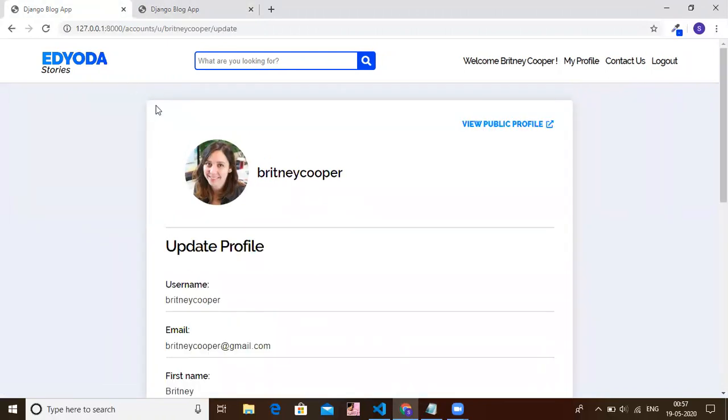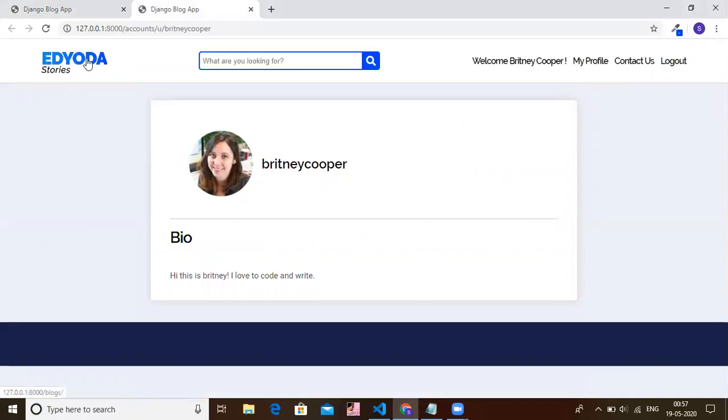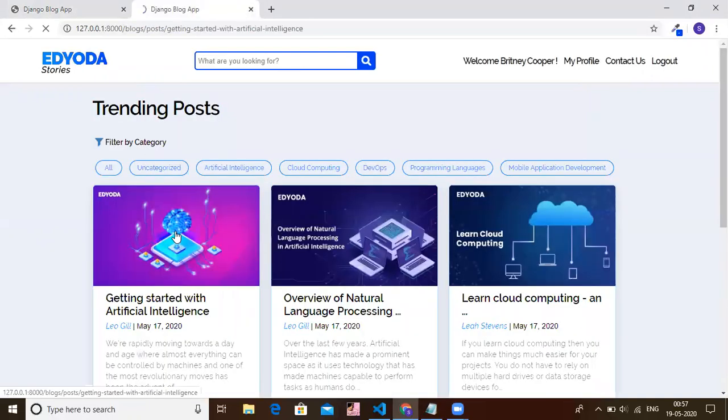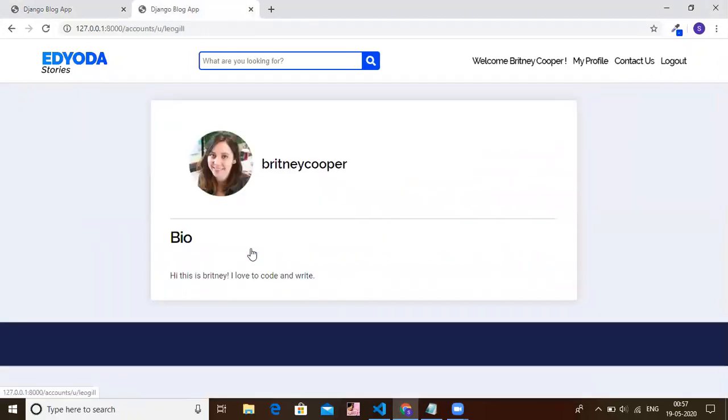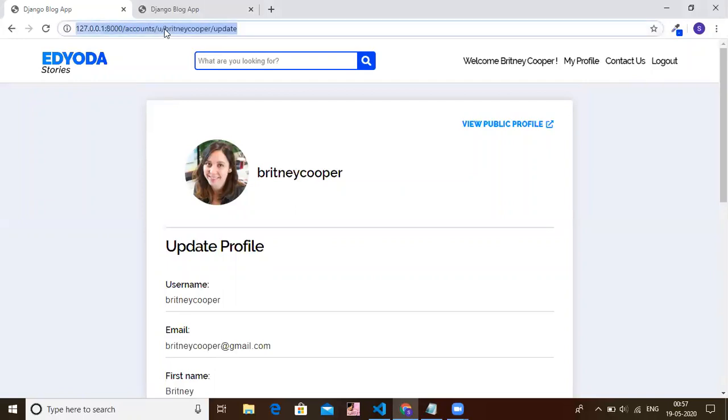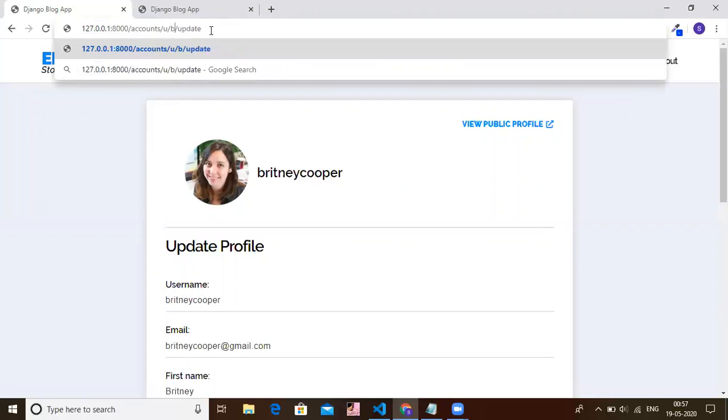Now we also have a kind of restriction for this page where, let's say, the user who is currently logged in can only update their own profile and not some other user's profile. So for example, if I open one of these posts and open their public profile, I'll copy the slug part of their profile from here and paste it in this URL, which is for updating a profile.